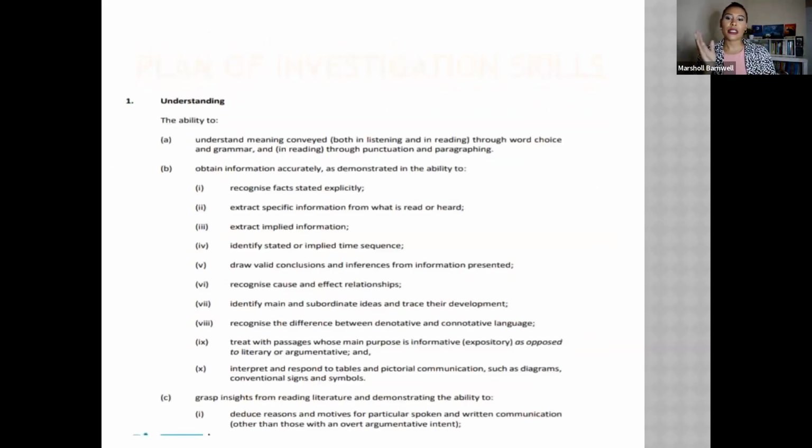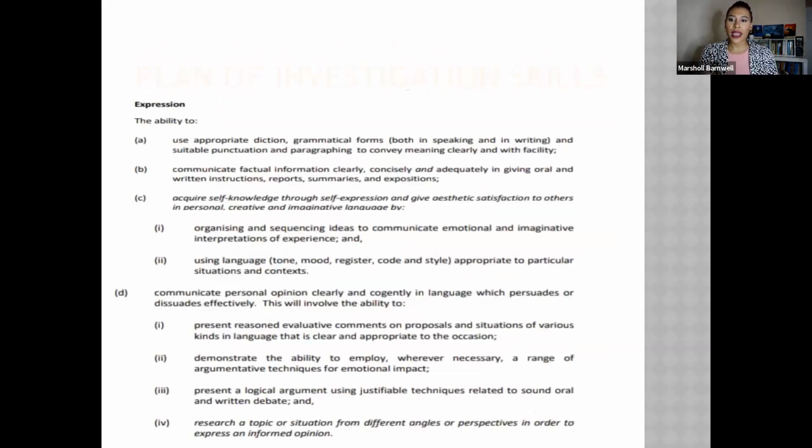So if you look at your syllabus, you will find all of this, your expression, will you be able to use appropriate grammar? Acquire self-knowledge through self-expression, give aesthetic satisfaction to others, be creative, use language in a creative and imaginative way, understand